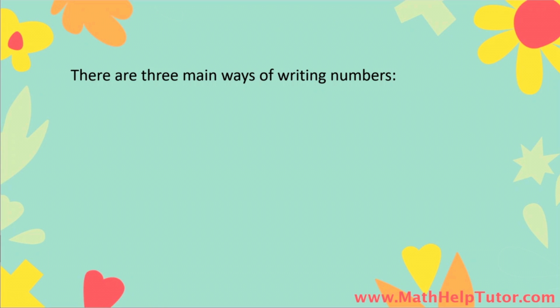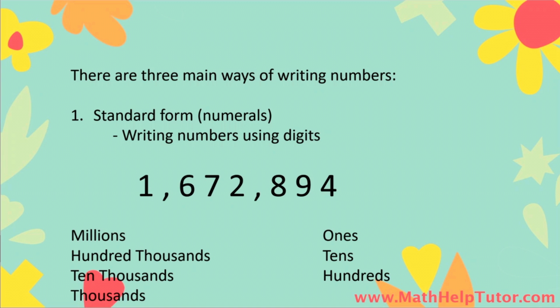There are three main ways of writing numbers. We could use what we call the standard form, wherein we use numerals or digits arranged in a certain order. The standard form of writing numbers, which uses digits and places, is the most common way of writing numbers. Using the standard form, we write numbers using digits that are arranged in the specific order of their place or place values. So to represent the number